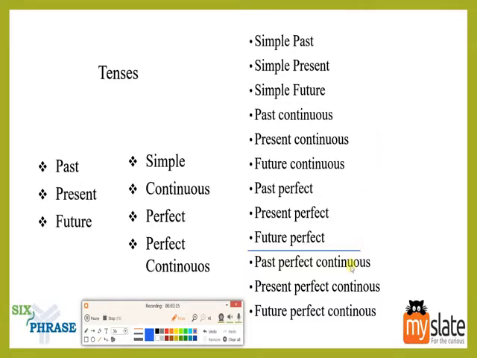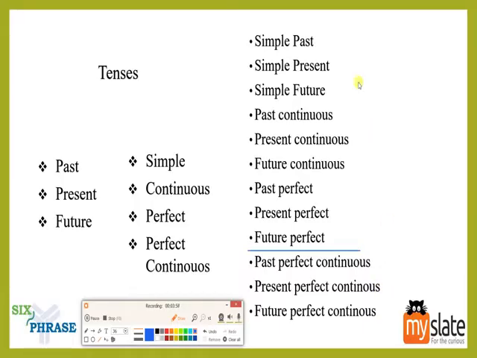These 3, past perfect continuous, present perfect continuous and future perfect continuous, are let's say the toughest of the lot, and it will take some time for you to see whether the questions fall under these 3 categories. If they do, they are going to be one of the toughest questions out there. It is still solvable. I'm not saying it is unsolvable or the extremely toughest case. These 9 are the easiest ones which we can solve. These 3 are the tougher ones.